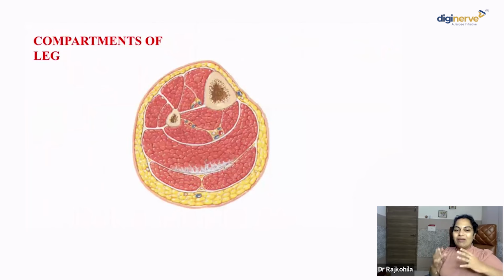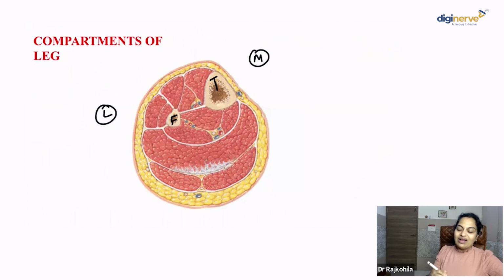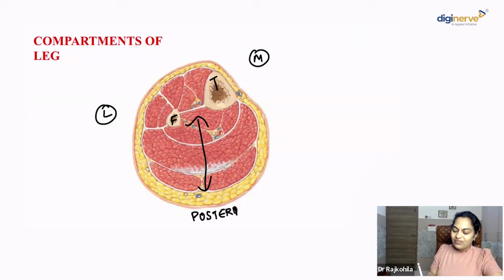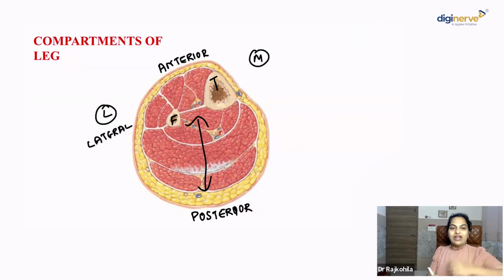Yes, now moving on to the compartments of the leg. So this is the tibia. This is fibula. This is going to be medial. This is going to be lateral. You can put your fingers and feel your leg front and back, which looks bulkier. Yes, there are more muscles in the back, the calf region, right? So this is going to be the posterior compartment or the back of leg, the calf. This is the front or the anterior compartment of the leg. And here we have the lateral compartment, the side of the leg.